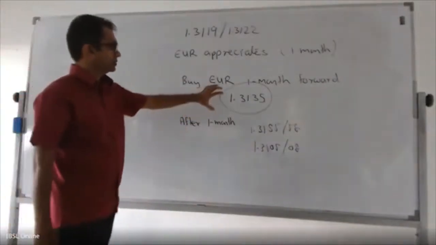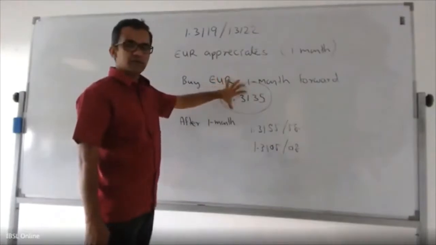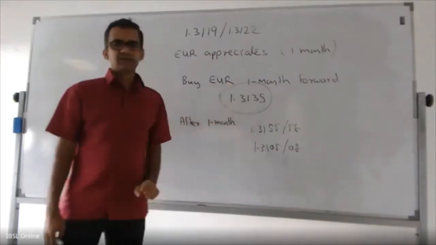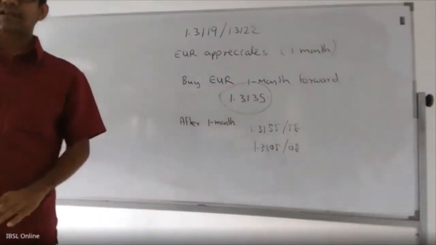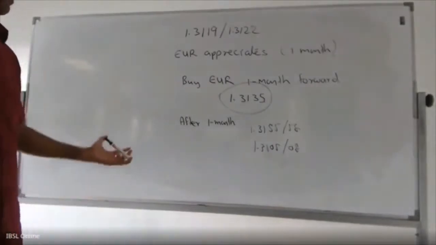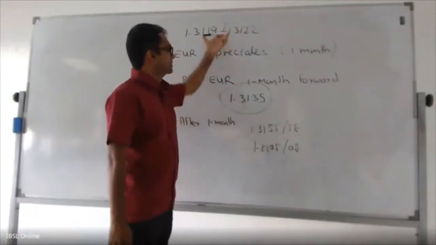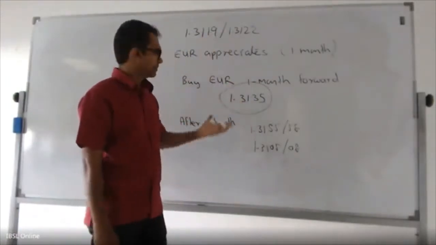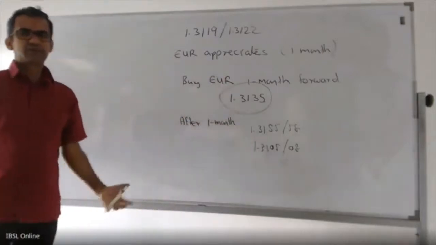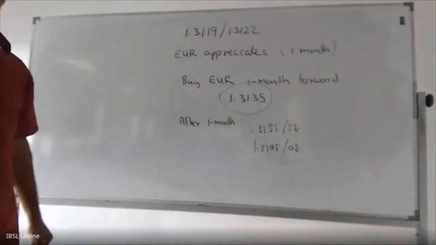Whatever amount of euro you buy on the forward contract, you can sell it at the spot price prevailing at that time. If the market rate is higher than this rate, you make a profit. If the market rate is lower than that rate, you make a loss. That's how you use FX forward transactions